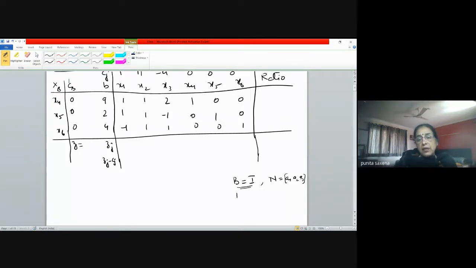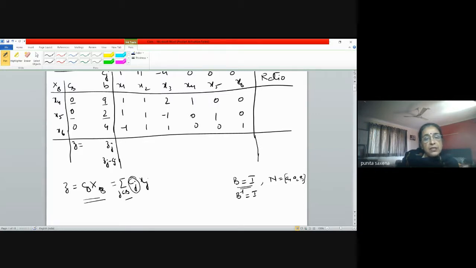And because we have taken our B to be I, B inverse is also I, right? Now, if you go back to the formulae that we had developed during the simplex method development, what was Z? Z was nothing but CB XB. That was the formula for Z, right? So it's going to be the summation of all Cj Xj, where j comes from the set of basic variables. So now what will it become? It will be CB XB, right? 0 into 9 plus 0 into 2. That's what is coming, right?